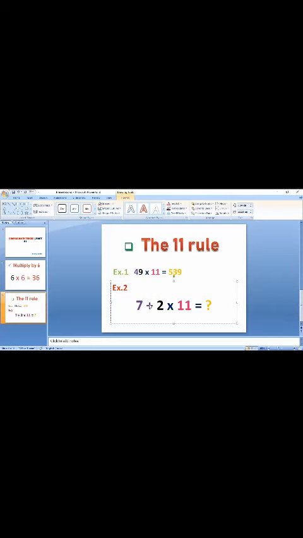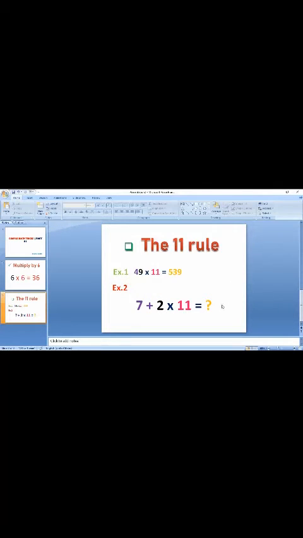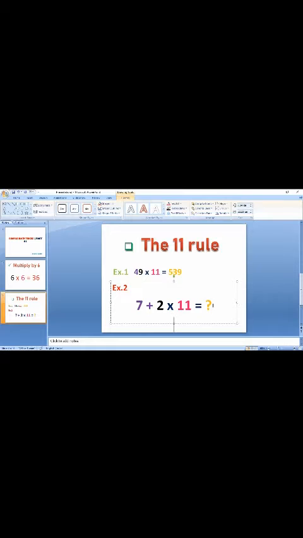So, I'm going to add 7 plus 2. And what's 7 plus 2? 7 plus 2 is equal to 9, right? So 7 plus 2 equals 9. So it's so simple to write the answer. That is, the first digit is 7 and the last digit is 2. Okay. And the middle digit is to be 9. So we got 9 as the middle.